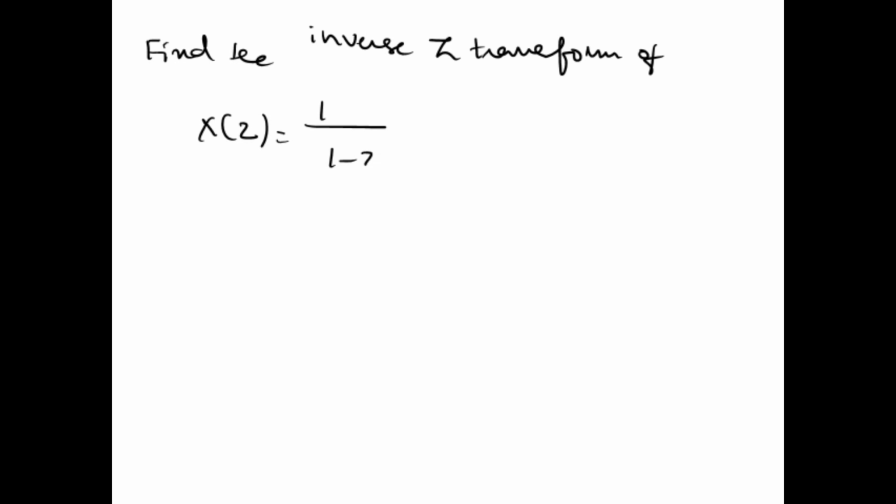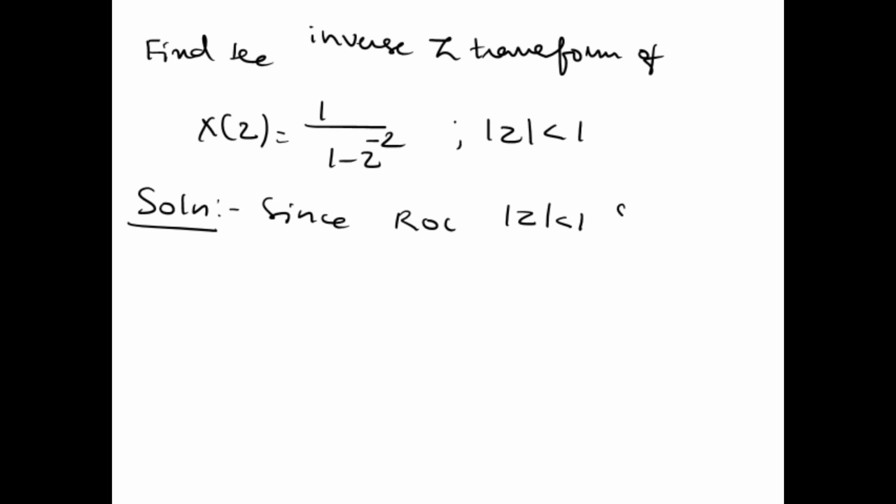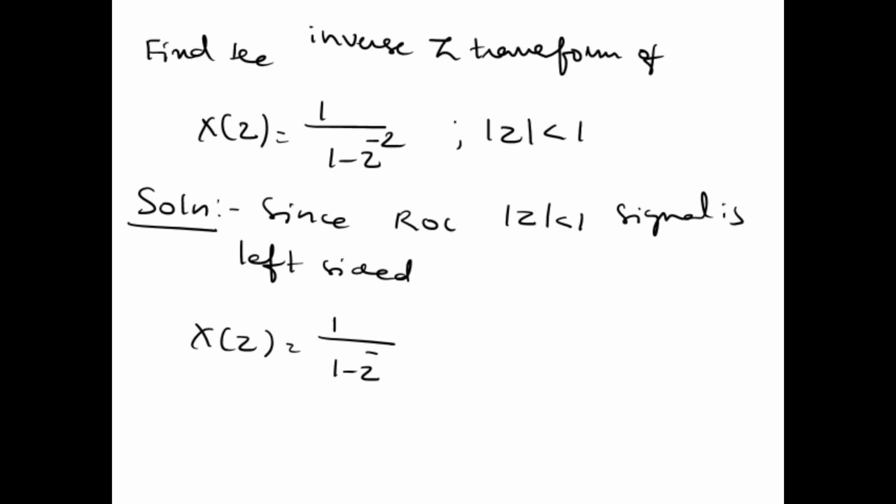Next problem, find the inverse Z transform of x of z is equal to 1 divided by 1 minus z to the power minus 2 with mod z is less than 1. Since ROC is given, mod z is less than 1, the signal is left sided. So x of z is equal to 1 divided by 1 minus z to the power minus 2, which is equal to z square divided by z square minus 1, or I can write it as minus z square into 1 divided by 1 minus z square,